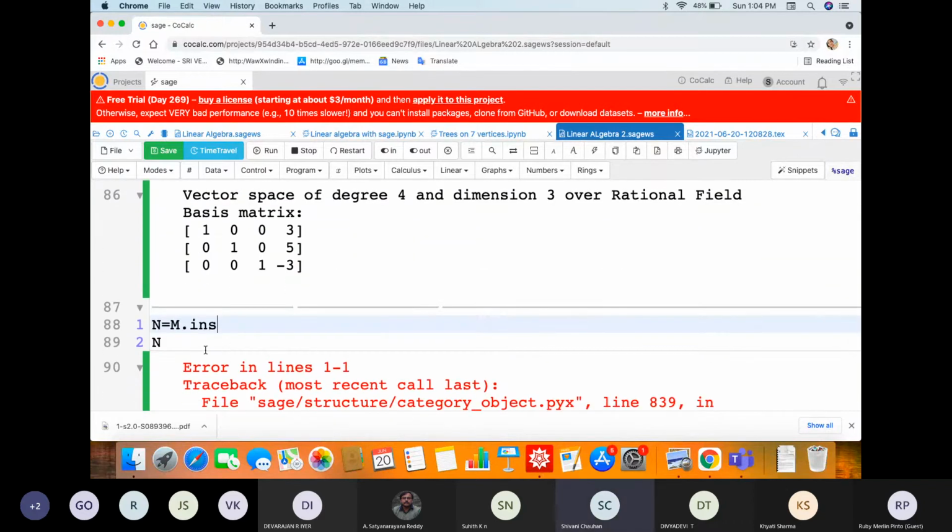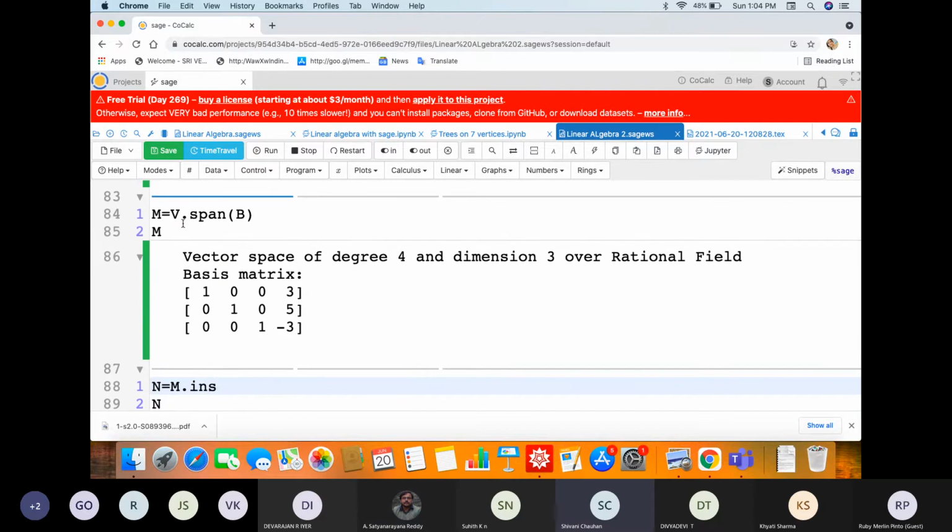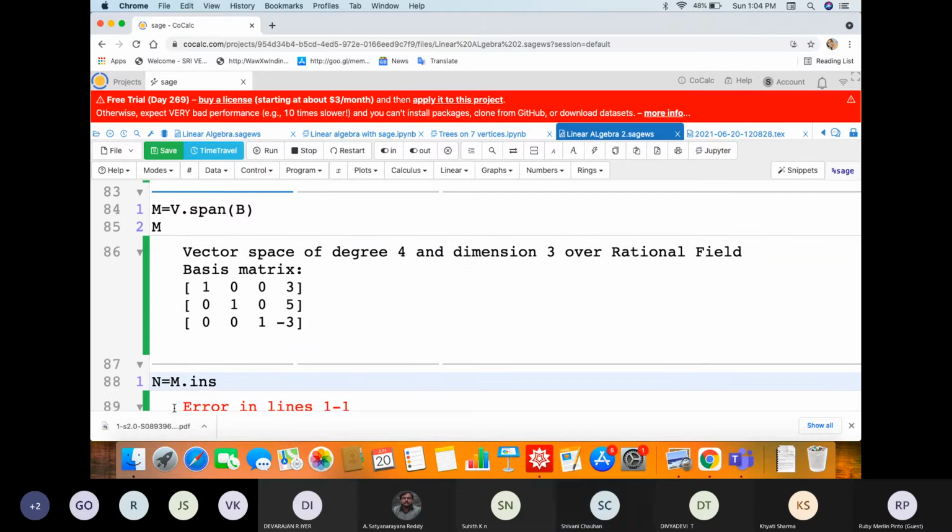No, it is not reading it as a matrix. But it is showing it as a basis matrix. You can use insert row. But see, on pressing tab, it is not giving me the insert option.